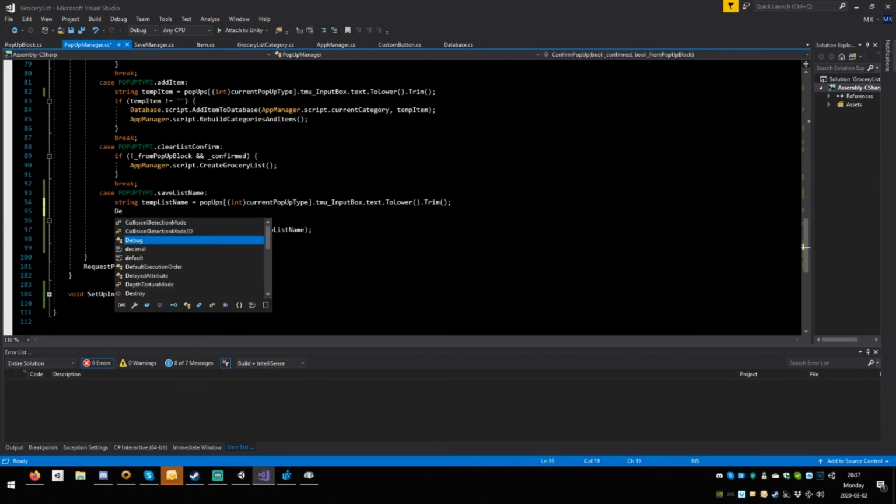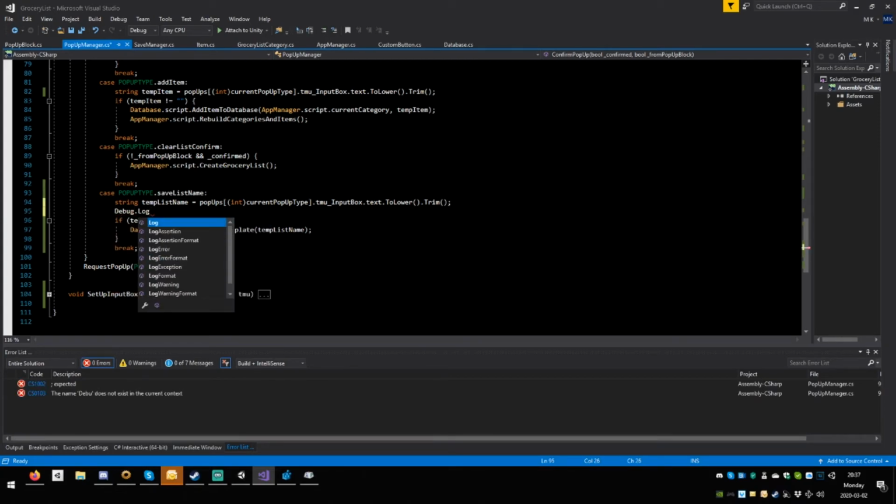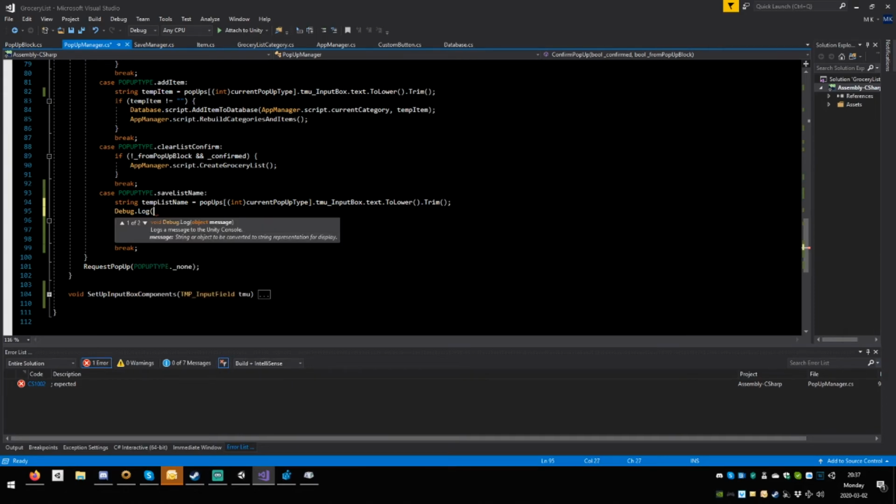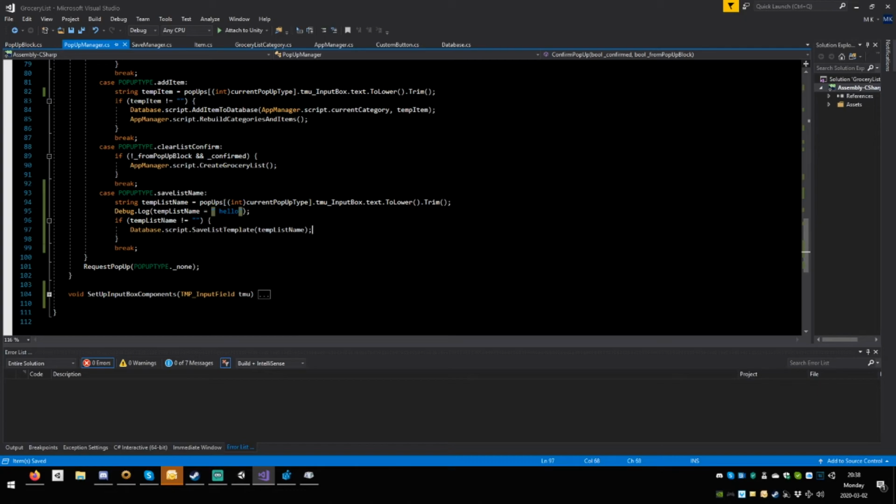Debug.log, open round, copy, pasta, close round, semicolon. Do another thing as well, add a plus, hello, save. Alright, so I'm deliberately adding space so I can see what's happening on that side,